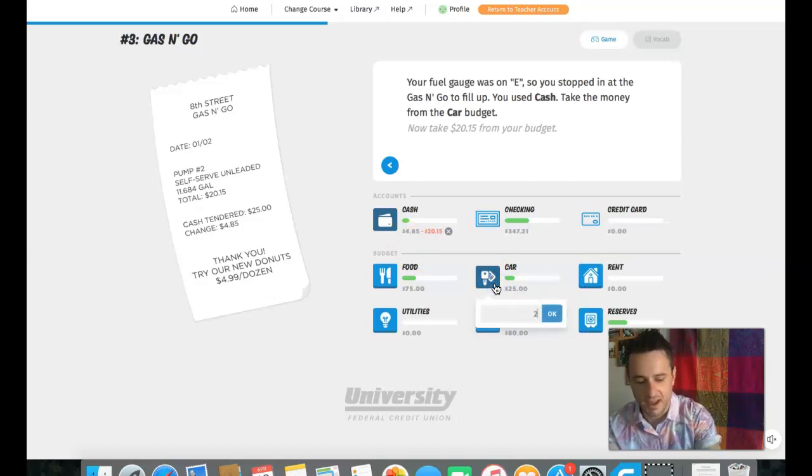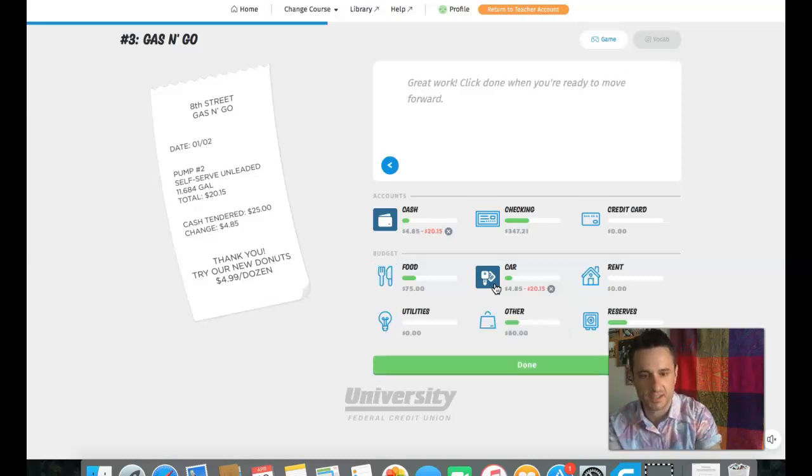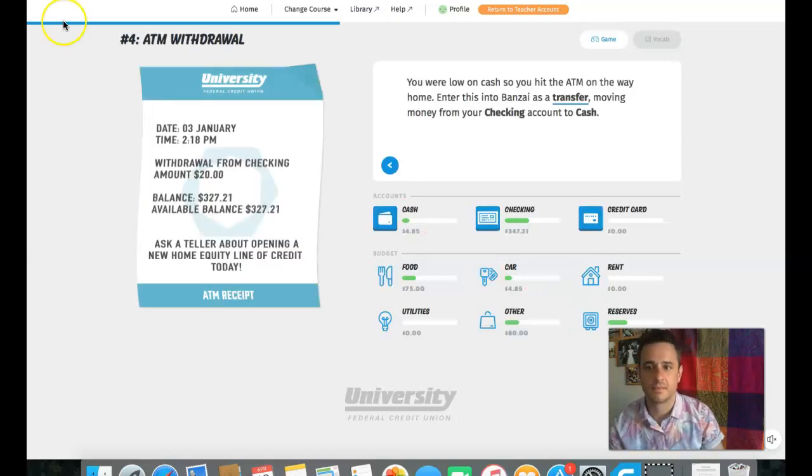And that's coming out of my car expenses. New scenario. Okay, we're low on cash, so you hit the ATM on the way home. Enter this into Bonsai as a transfer. What is that? Go to your vocab